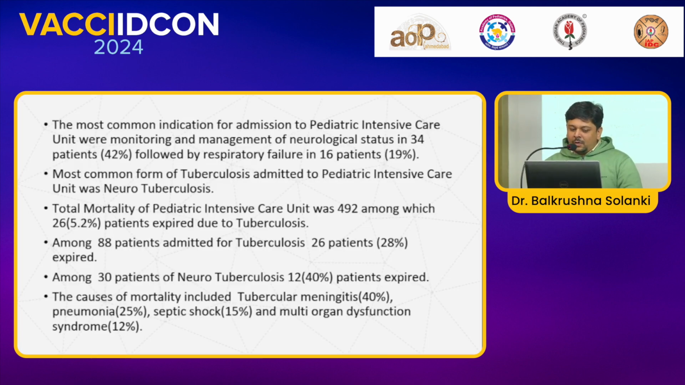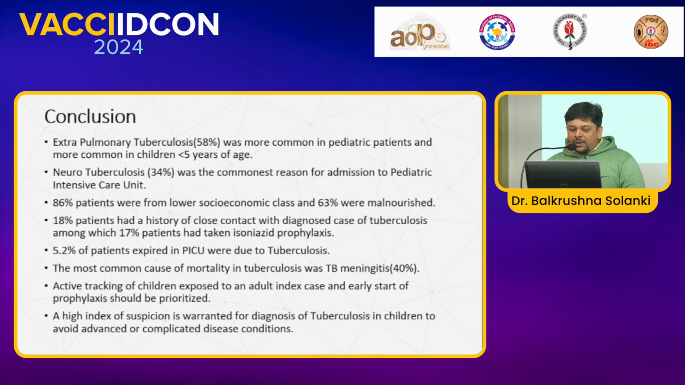multi-organ dysfunction syndrome, 12%. Conclusion: extrapulmonary tuberculosis was more common in pediatric patients and more common in children under 5 years of age. Neurotuberculosis, 34%, was the commonest reason for admission in pediatric intensive care unit. 86% patients were from lower socioeconomic class and